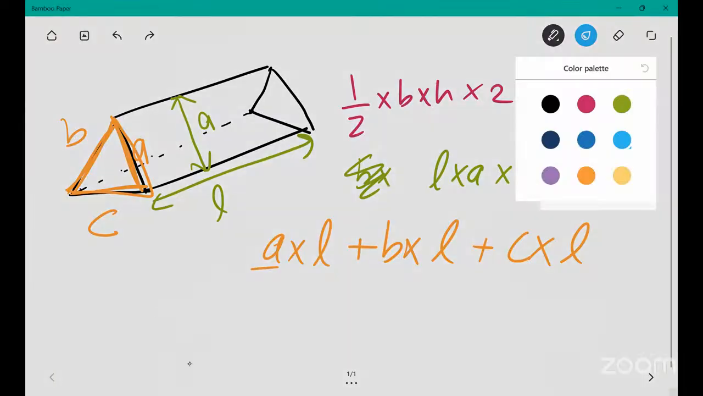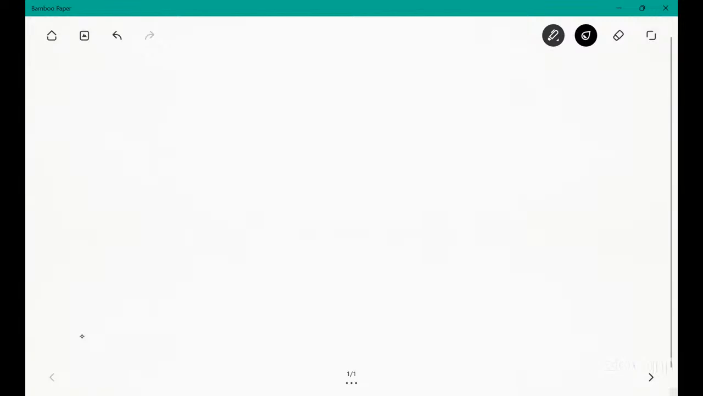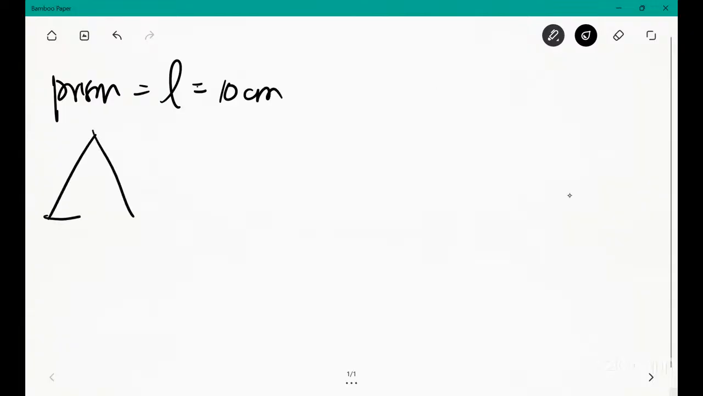Okay, so that is that. So how they can give you this is, they can tell you, let's say the triangular prism has a length of 10 centimeters, and they're showing you the picture of the triangle, and they're saying here this is 10,